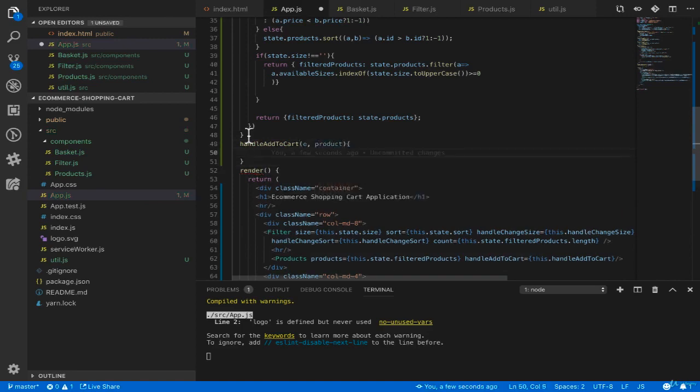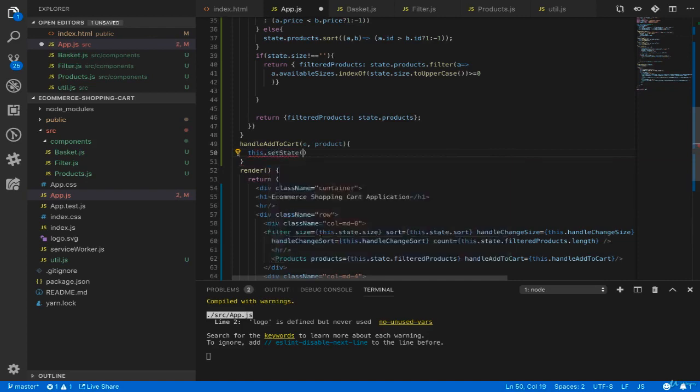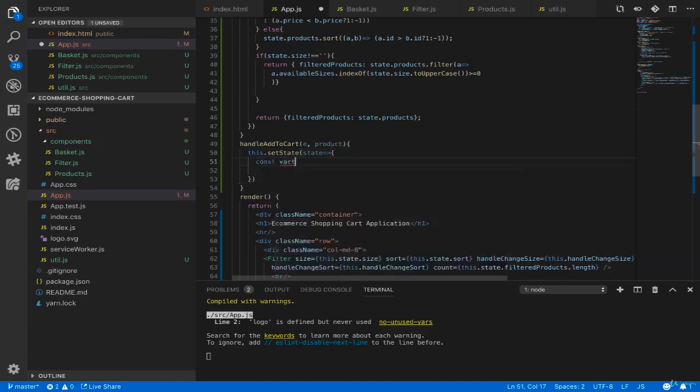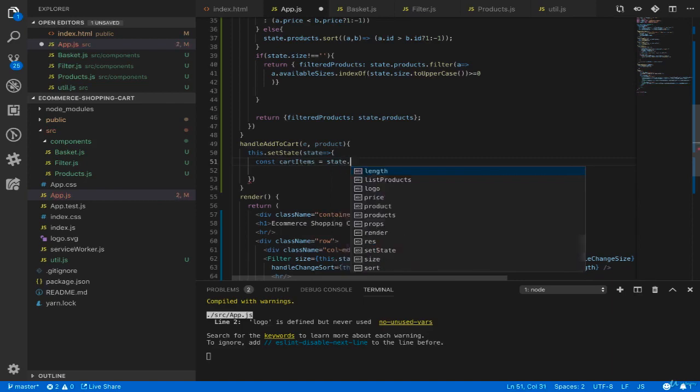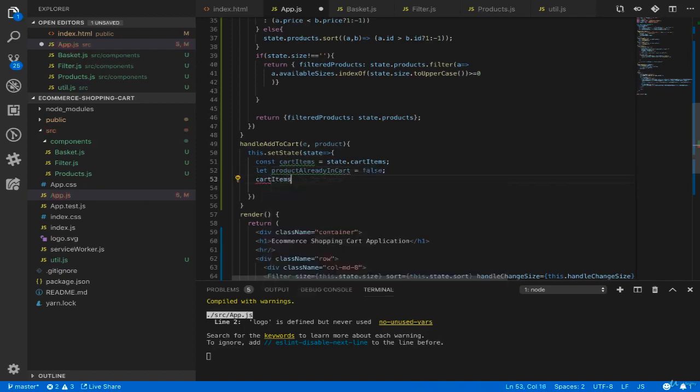When the user clicks on the add to cart button, we need to add the product to the cart items. So this.setState, we use the second form of setState, which takes state as an argument, and inside that we set cartItems to the constant cartItems from state and set a flag productAlreadyInCart to false. For each item inside cart items,